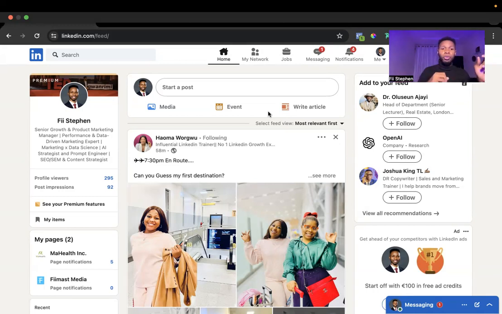But the nature of the platform, to a large extent, defines what kind of content you want to put out there. There's some content that will do very well on Twitter, that is very okay maybe on Instagram, but on LinkedIn, you want to be able to tweak that a bit, right? It doesn't mean that if you post it, anything will happen. But it's always good to tailor your content based on the audience. And the LinkedIn audience are, to a large extent, quite professional.